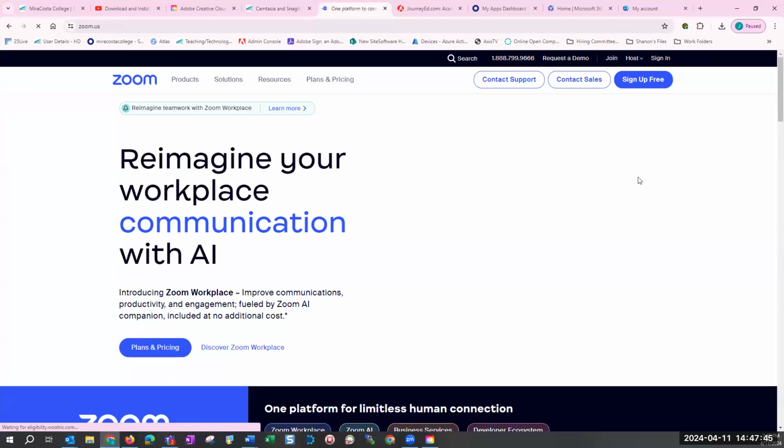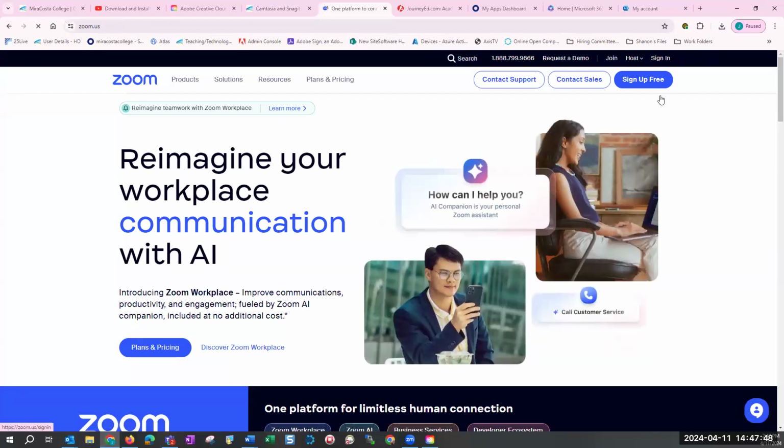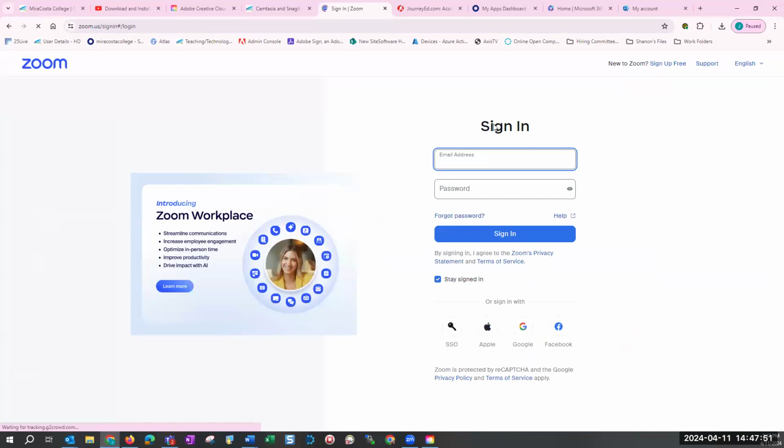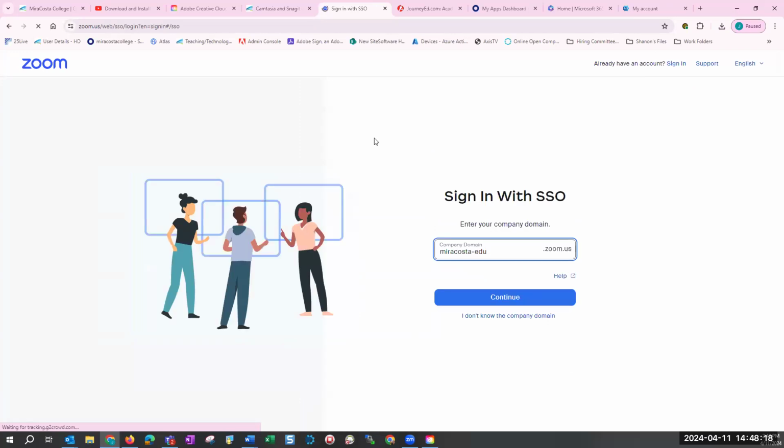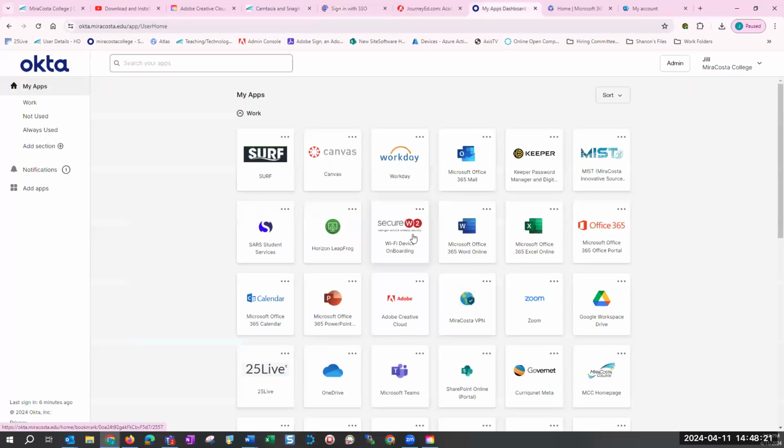Sign out. I'm sure you all have gone through this, but I always like to make sure that you are seeing everything. When you get to the sign in part, you are not going to sign in with an email address and a password. I know when the pandemic first hit, we were using email addresses and passwords, but we don't do that anymore. We come right down here to SSO. You're going to click on that SSO, or a better way, even yet, is to go to, well, no, that's to get onto Zoom.